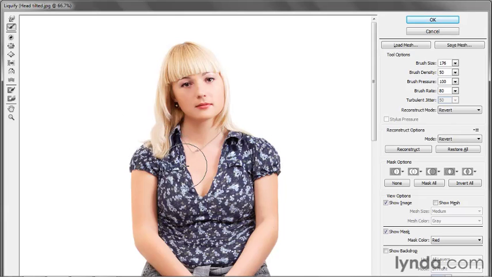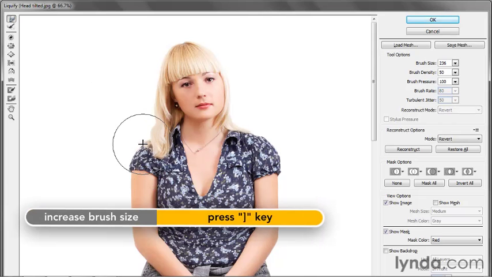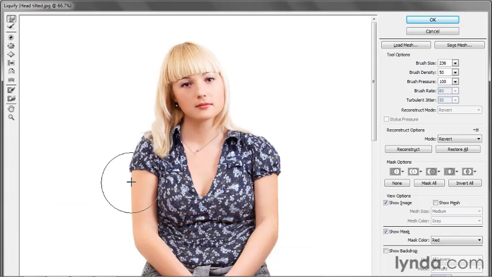See, the thing that's bothering me is I've really kind of done a number on this V-neck of her blouse, and it's not looking right anymore. It's looking all weird and stretched. So I need to go ahead and restore some of these details here. And then I would come back with the warp tool, maybe increase the size of my brush just a little bit and go ahead and lift up these details once again to where I had them just a moment ago. So anyway, there's a fair amount of back and forthing required, especially for an image that's as